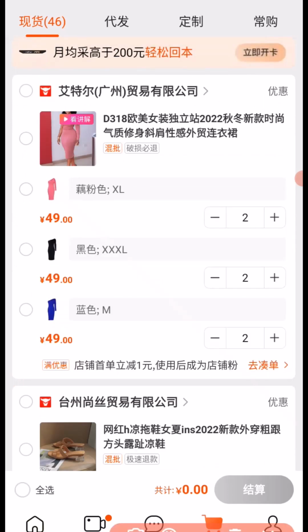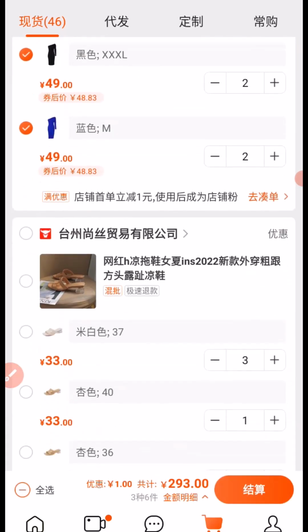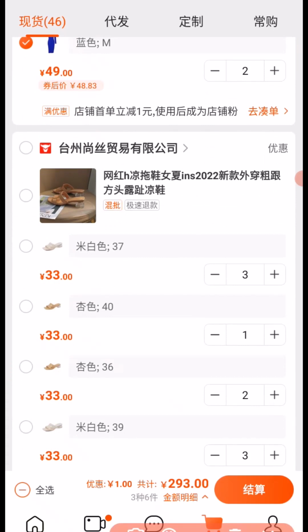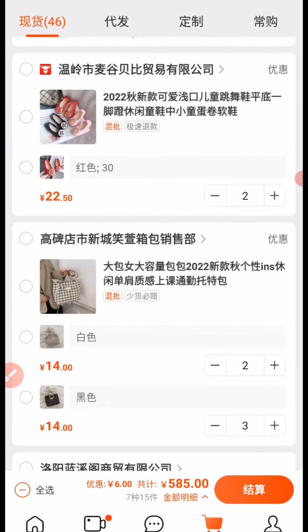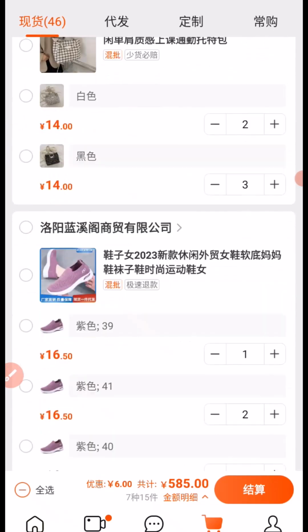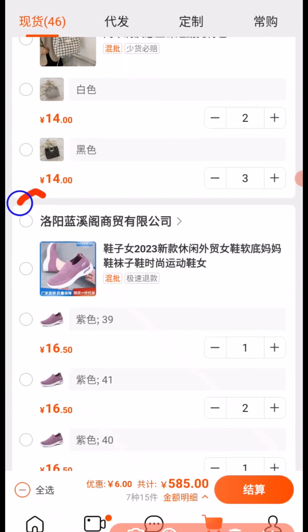So for you to do that, you just have to tap on the supplier link right here. This is supplier 1 that has been ticked, and this is supplier 2, tick on that. Then that is 2 suppliers. Then we can add another supplier right here. This simply means that you are trying to buy from 3 different suppliers and you are making the payment once. Now for you to check out and make the payment, you just need to click on